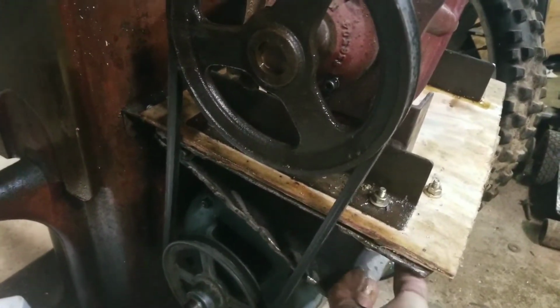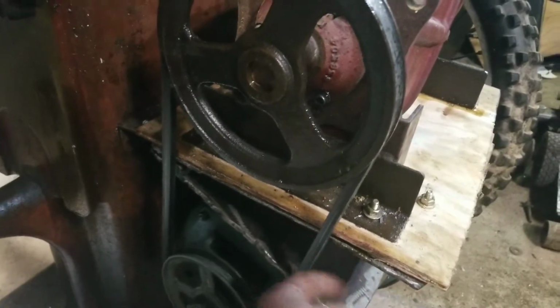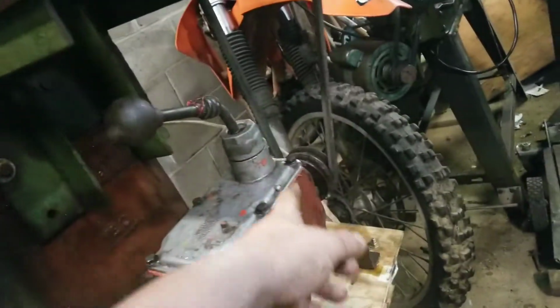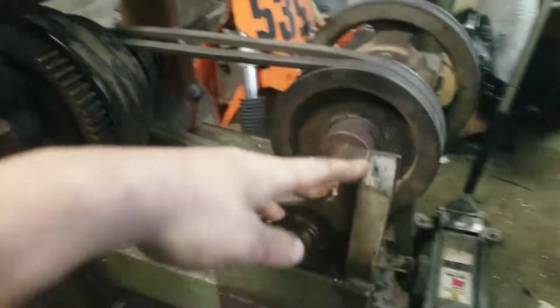So what I did was I hinged these two metal plates together, opposing each other. This will have a tensioning bolt to put tension on this. Haven't gotten to that yet. And then same deal, I'm going to have some all thread going all the way to tension this monster contraption